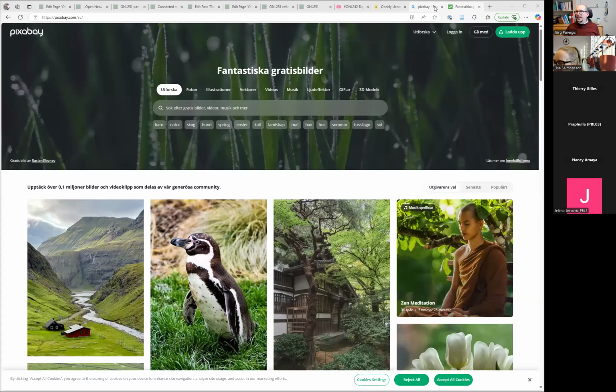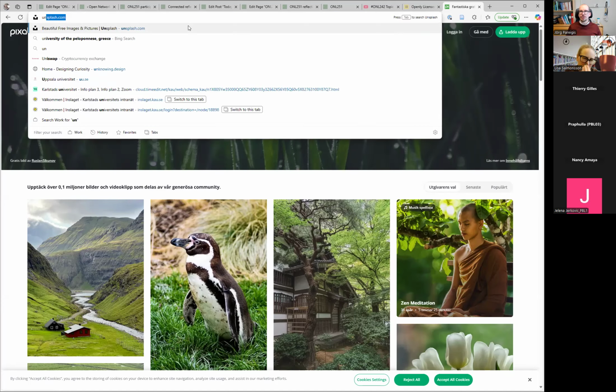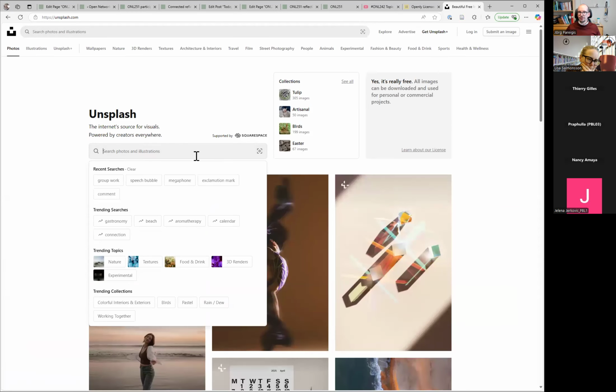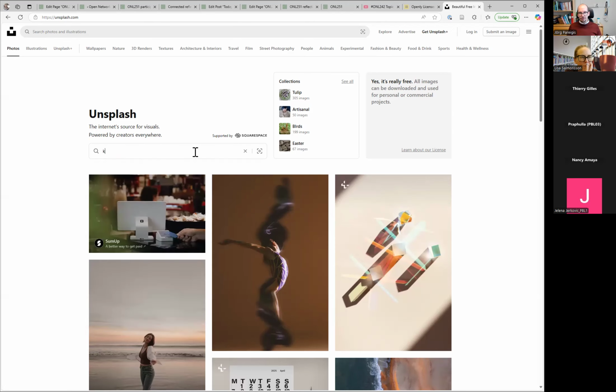And why then the need for Creative Commons licenses, you might ask. I'll show you, and I go back to Unsplash. There I know we find some beautiful pictures. Feel free to click on those links so you have them in your browser history already, and search now while I search for my current hometown, Karlstad, for instance, in Sweden.